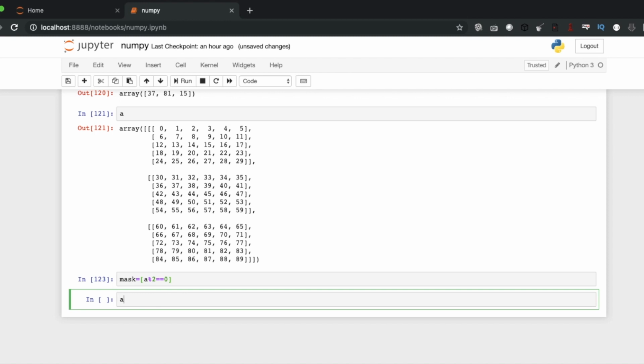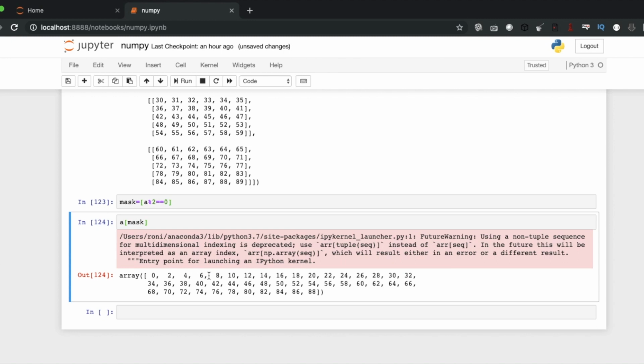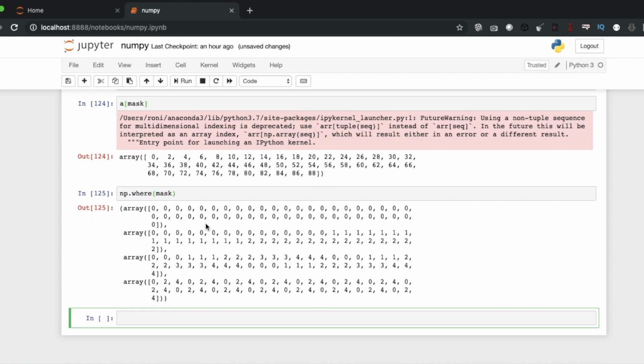And mask, see, this is actually printing the elements. And if you want to see the locations, np dot where and mask, it will also generate the locations.